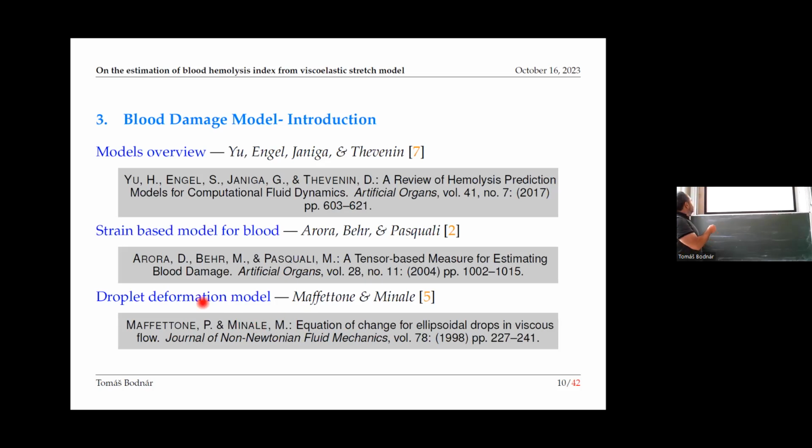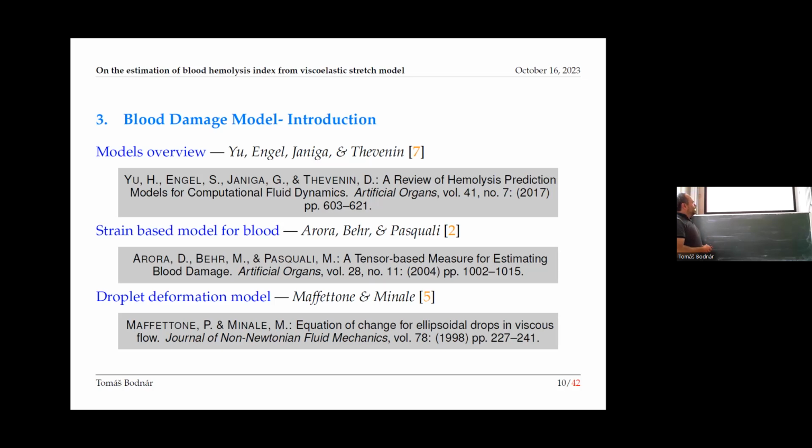You should start probably from the newest, from this one, which is really the overview of many possible models of blood damage. The point is that the red blood cells are quite fragile and they can be damaged by different mechanical devices like blood pumps or artificial heart valves and this kind of things. And it's quite dangerous from a medical point of view to kill the red blood cells because they are really essential for life. So in order to be able to optimize the medical devices for the minimal damage of blood,